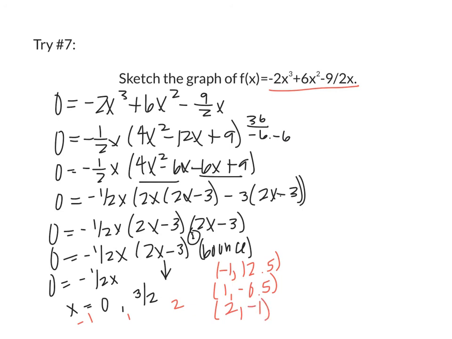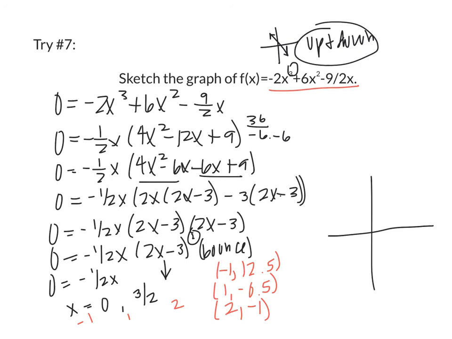Okay, so with that being said, first thing I want to do is plot all my points. Oh, let me go back. The leading coefficient test says this is cubed, so this should be opposite, and because it's negative, a negative slope goes from up to down. So this should be an up and down type of graph. Okay, so I should have